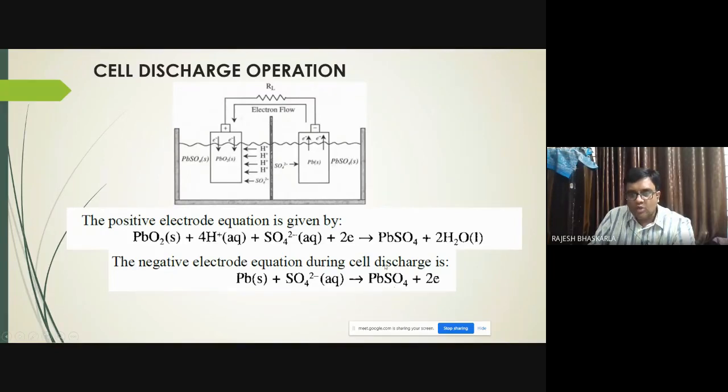So here oxide is formed. Oxide means oxidation is happening. Earlier it was lead, but now oxidation is happening. So that means at the negative electrode, oxidation happens in a lead acid battery, and at the positive electrode, reduction happens. So this can be called an anode, and this can be called a cathode. Here at the negative electrode, it releases electrons. Am I clear to everyone?